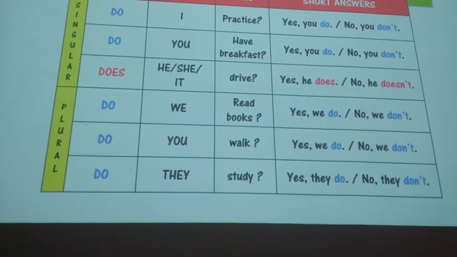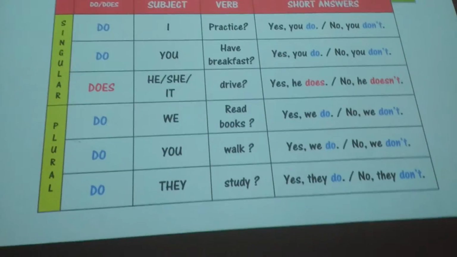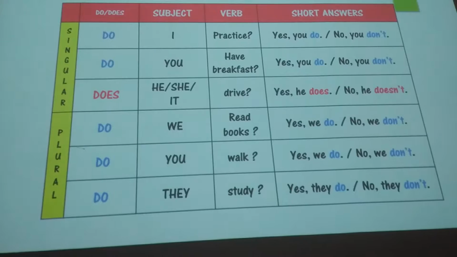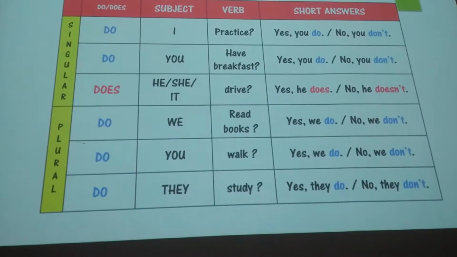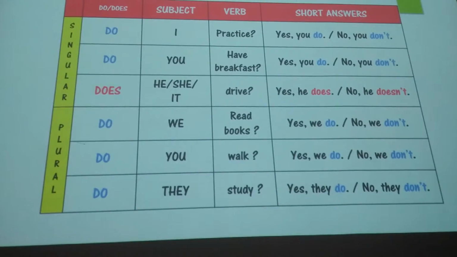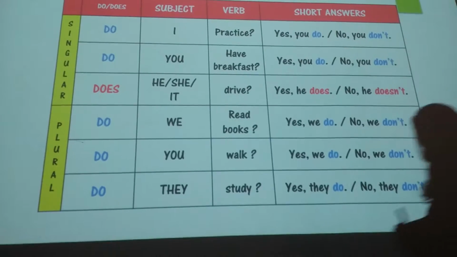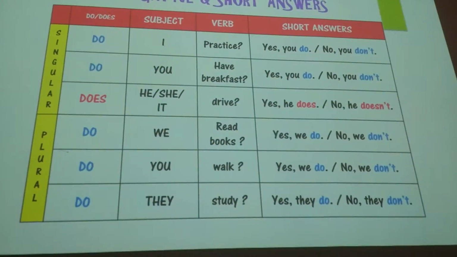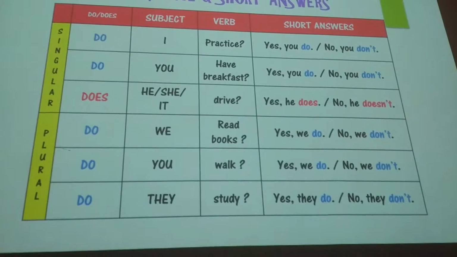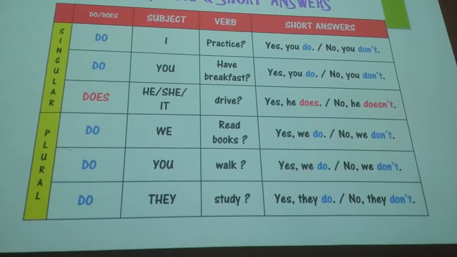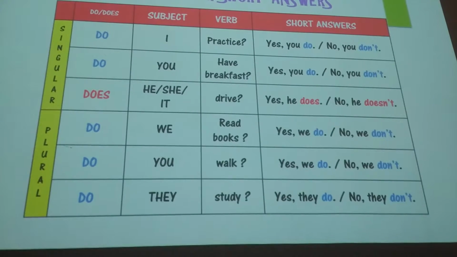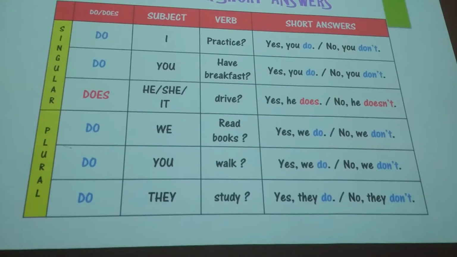Remember, pronunciation is okay if you say what or what, when or when. It depends on the accent, okay? So, the only difference is when you're using who, for example. Look, what do you practice? Or when do you practice? Why do you practice English? Who? With who, we don't use the auxiliary, right?